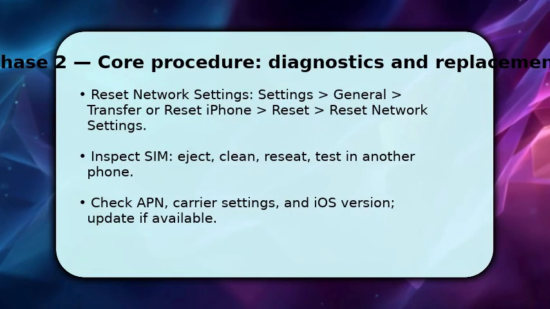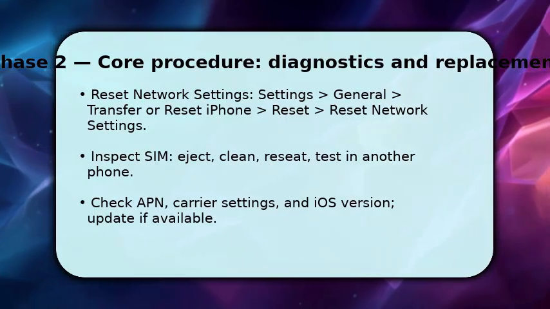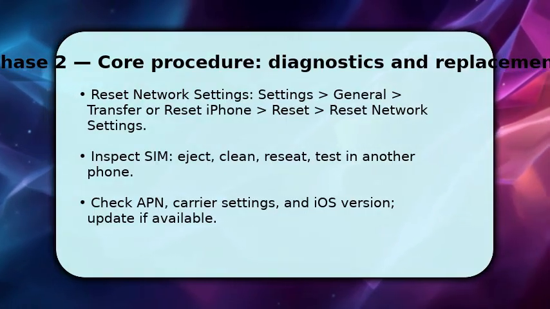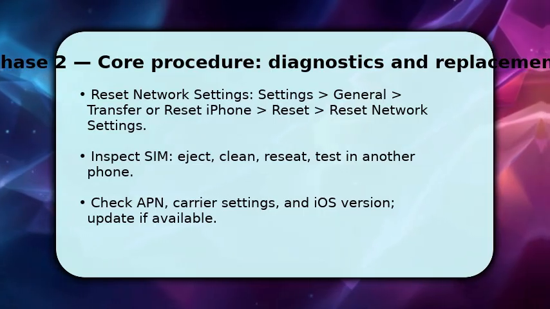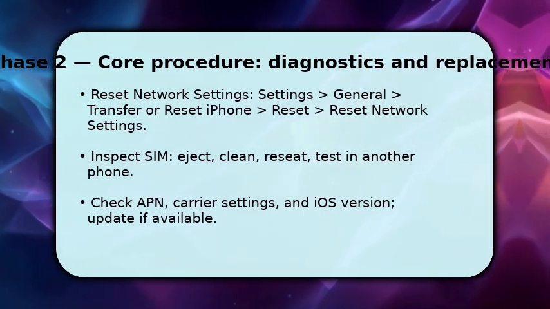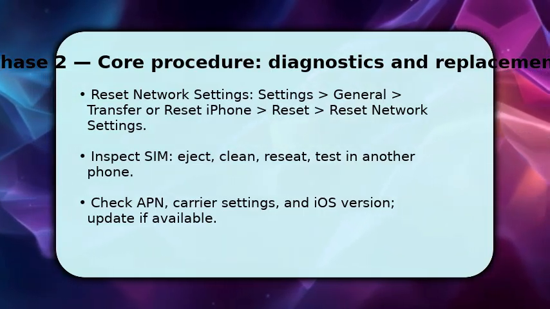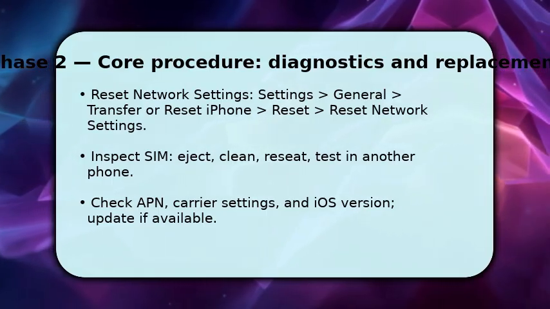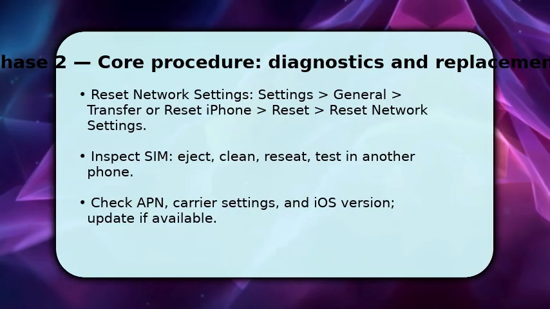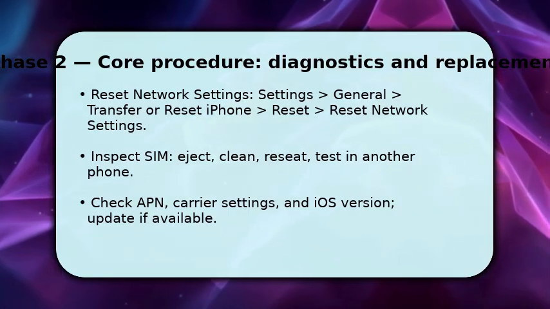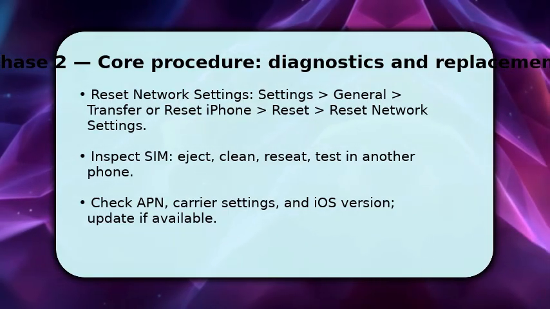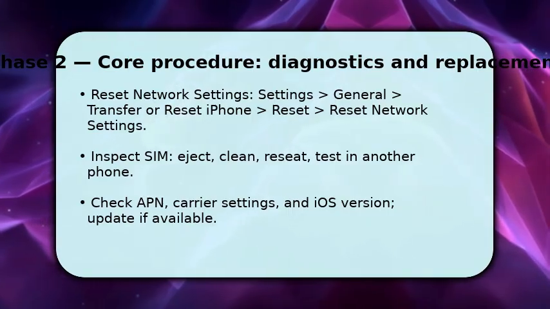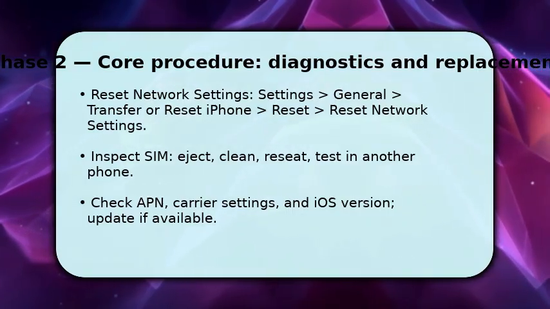First, reset network settings. This wipes Wi-Fi passwords but reinstates correct network configs. Go to Settings, General, Transfer or Reset iPhone, then Reset Network Settings. If that fails, eject the SIM card. Clean it, reseat it, and test it in another phone to isolate SIM versus device faults. Also review carrier settings and APN values and update iOS if pending, because mismatched settings or old firmware often break